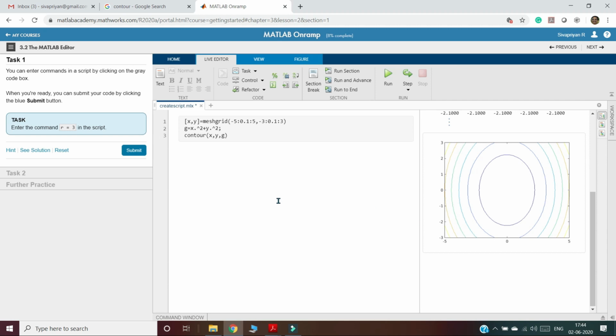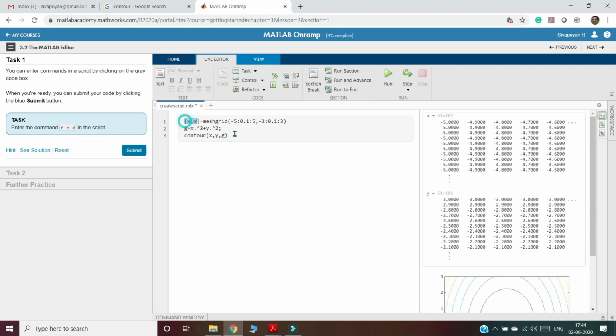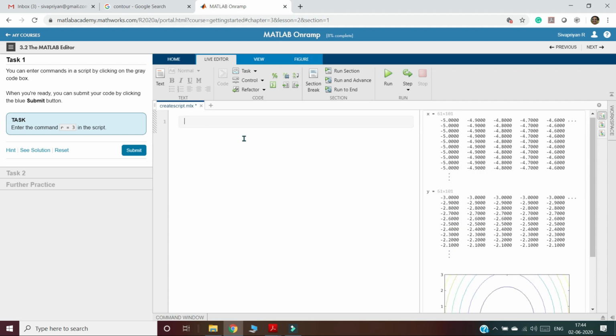Similarly, we can draw the 3-dimensional plots also. Now I will show how to draw the 3-dimensional plots. First I will take x, y equal to meshgrid, starting from -2, increment by 0.2 till 2.